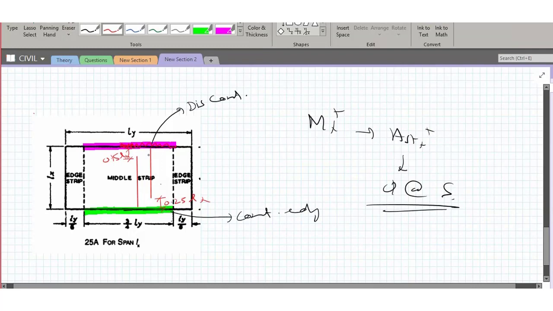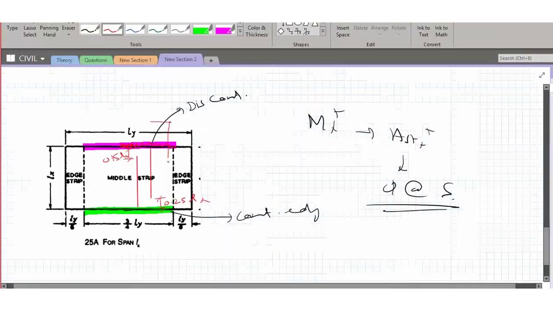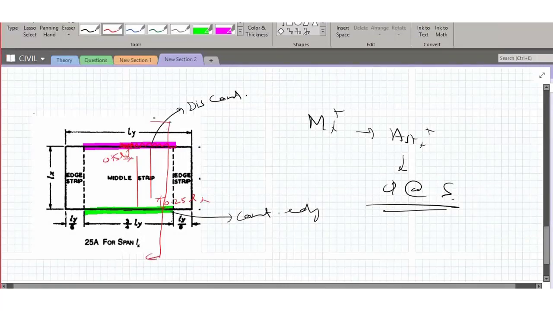Whatever reinforcement you provide, it should extend up to 0.25. This is what it is saying: it should extend within 0.25 L of a continuous edge or 0.15 L at a discontinuous edge. So this is what it is saying. So if you cut a cross section from here, and